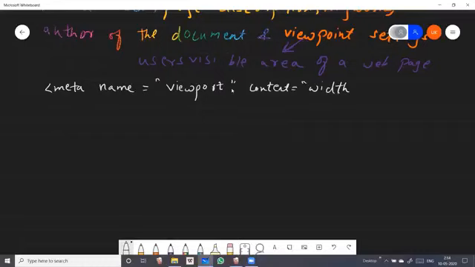So width equal to device width, this is all in the visible area, scale of that visible area. Initial scale equal to 1.0. Okay, this is an example, students.